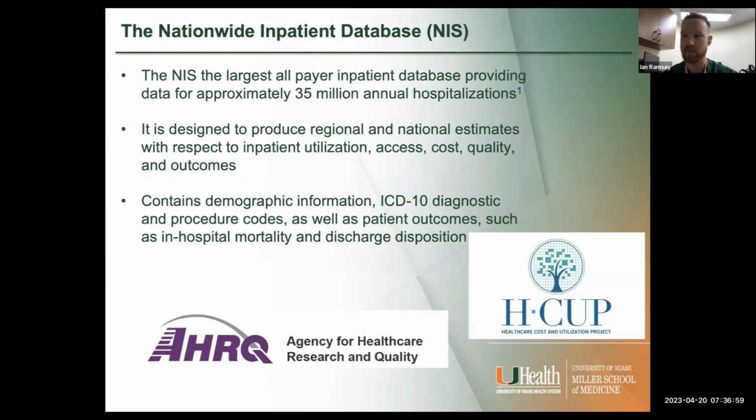inpatient database. And this is a database that is good for national estimates, and it's a stratified sampling of all inpatient patients in the United States that can be used for making both regional and nationwide estimates on things like utilization of care, access, costs, quality, and outcomes. And the database contains demographic information, ICD-10 diagnostic and procedure codes, and some basic outcomes like inpatient mortality,